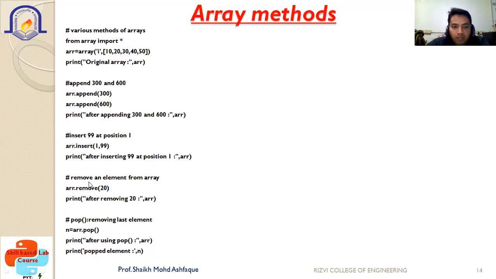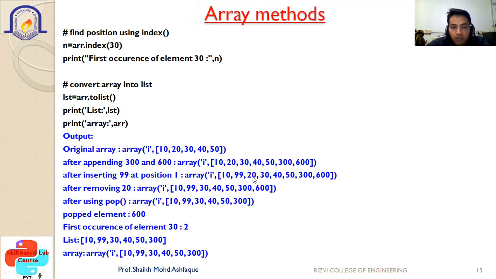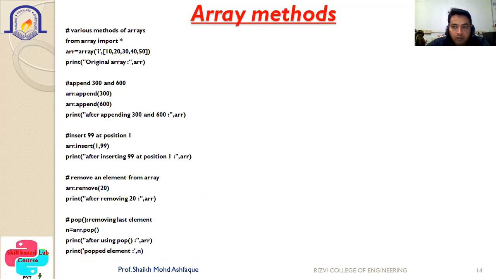Then if you want to remove any element from the array, the remove method is to be used. For example, ARR.remove(20). After removing 20, you can see that in the previous slide, after inserting, the 20 was there in the data, but now the 20 has been removed from that particular array. So if you want to utilize it, you can use that method to remove, and it will remove the data. Here no index is to be mentioned, but basically it will search for 20 and try to remove it.